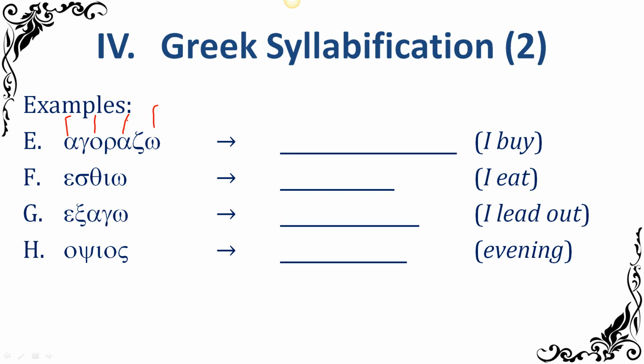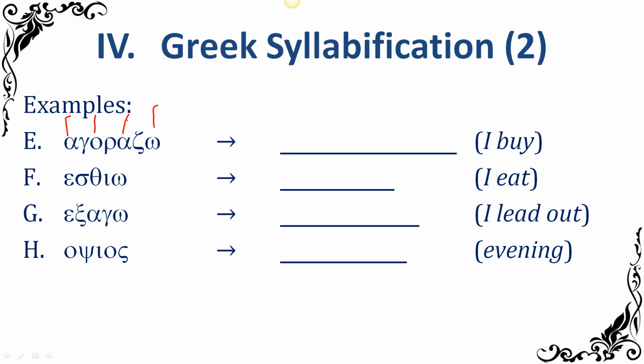So we go through the 3 exceptions. Is that gamma the final letter of the word? No. So it's not going to pick it up for that reason. We ask ourselves the next exception. Is that gamma followed by another consonant? No. So it's not going to pick it up because of that. Finally, is gamma, sorry. Okay.